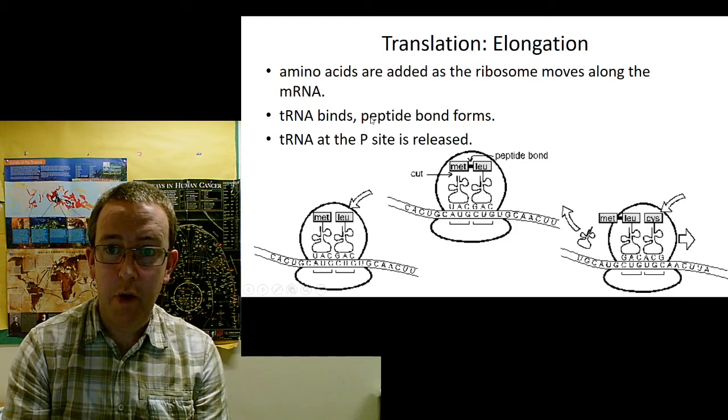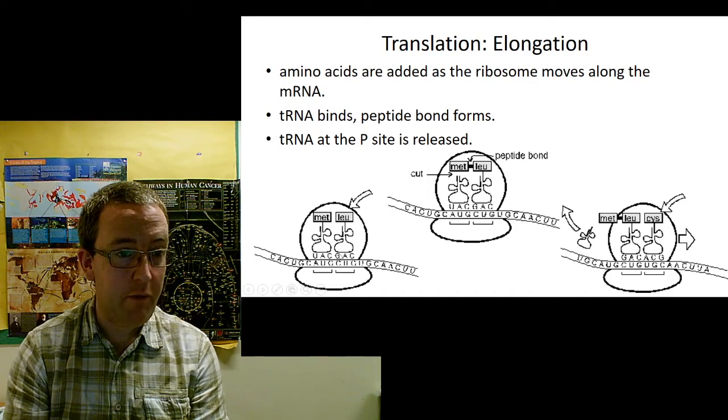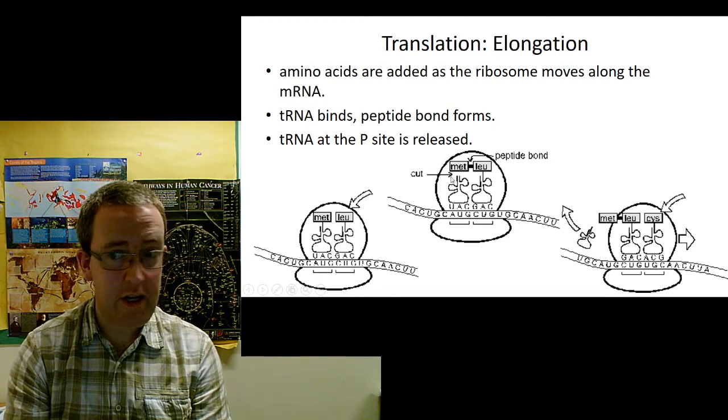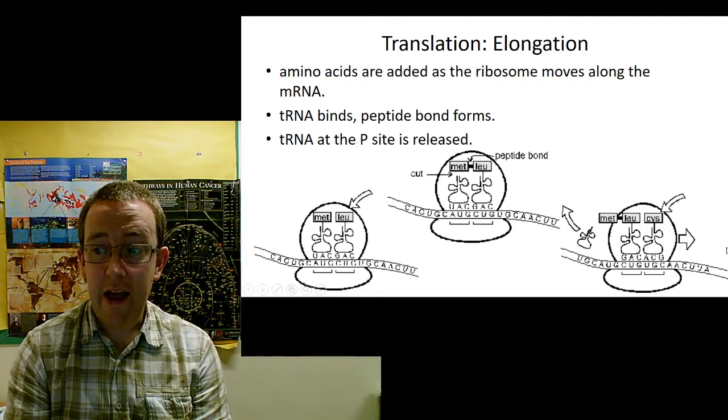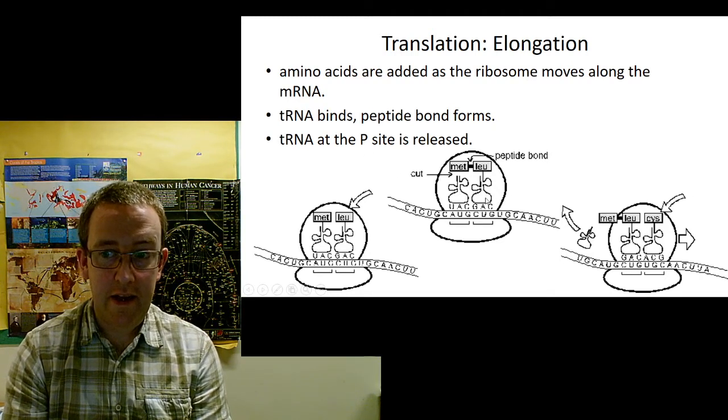The tRNA binds and a peptide bond forms. So here we've got our second tRNA forming into the ribosome and a peptide bond forms. As you can see, look, there's a cut made in there, so the ribosome does that, cuts the tRNA off, and we move along. Okay, and tRNA at the P site here is released, and then this A site here,